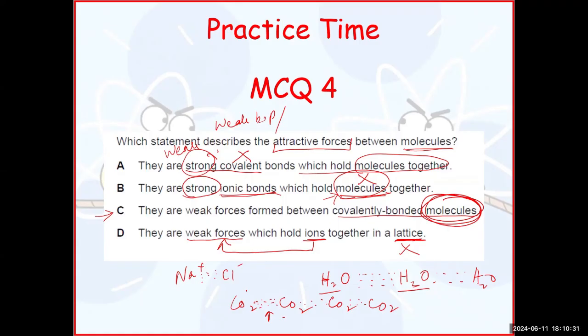We'll continue from here tomorrow with a new type of bonding. That is metallic bonding, which is not actually a part of chemical bonding, because there is no transfer or sharing of electrons. It's a different kind of bonding. So please do not miss the class because it is a continuation. If you miss something, you lose the concept.